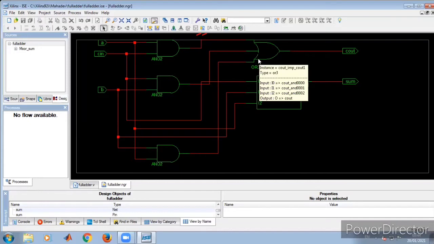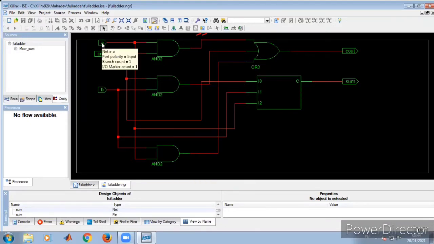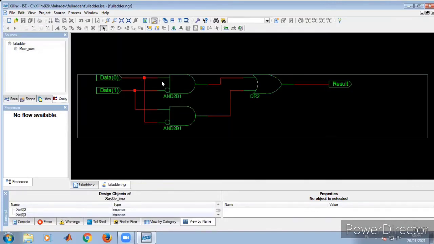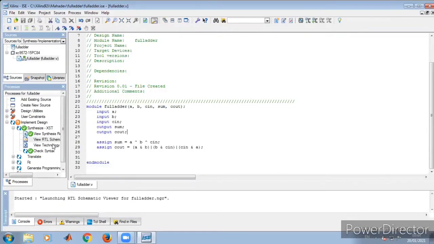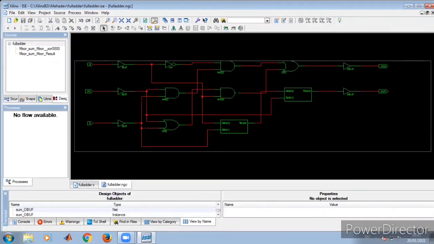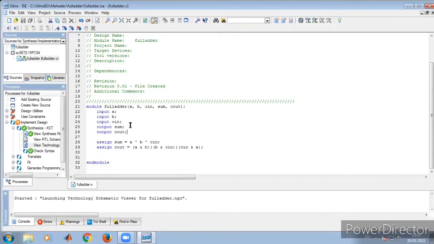You can observe A, XOR, these are all OR operations for A, B, C in there. This is a carry out. For sum, you can double click on this. So it is showing some boxes. If you double click, it is showing the XOR operation. Okay, so this is the schematic verification we have done with the help of view RTL schematic, or go to the view technological schematic. So what happens when you tick technological, double click on this, it assigns the inbuilt basic gates available in the CPLD there. So this is the inbuilt hardware verification. Okay, now we have verified it with the hardware there.